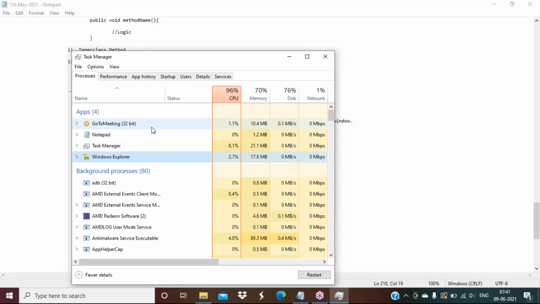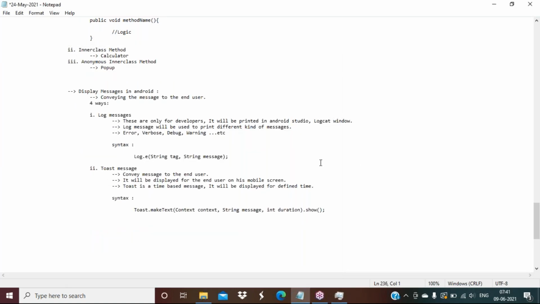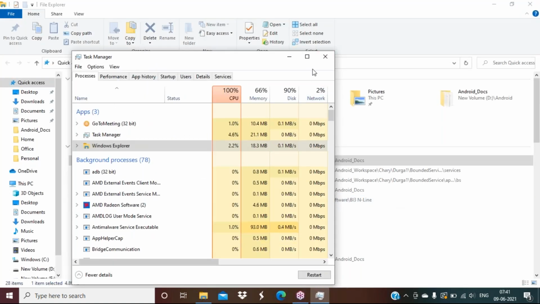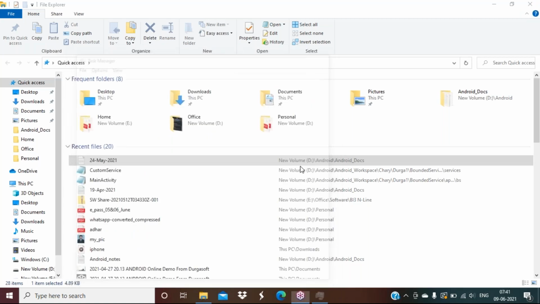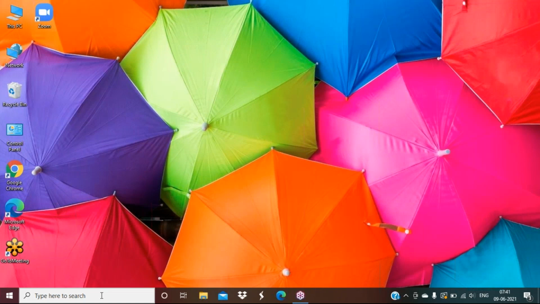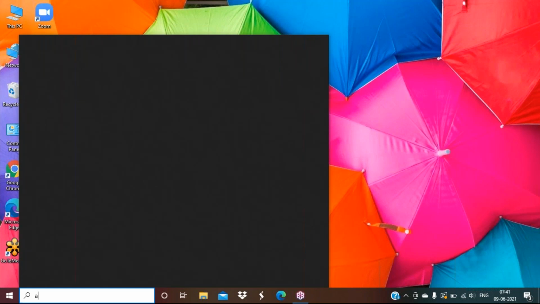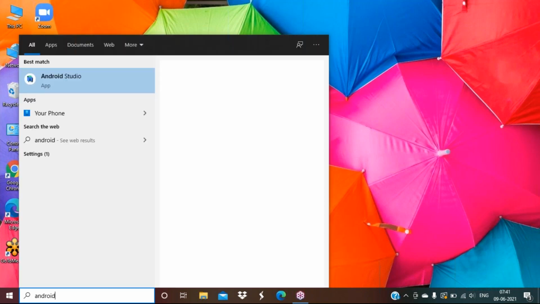Is that Android Studio filled? Okay. So this notepad also, I don't have any work now. I'll close it. Maybe some memory is the reason it got stuck. I don't need this work now, and this one also is not required. Let me start Android Studio. Sometimes it will happen.